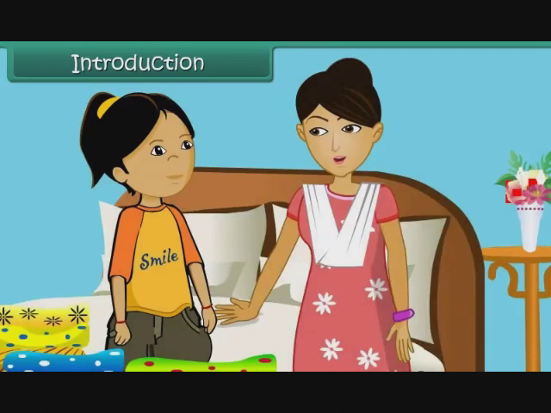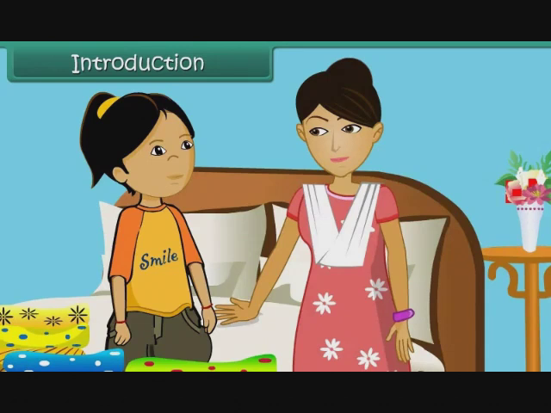What are you doing, Soumya? Mom, I am separating out my clothes according to their colors. But why, Soumya? Mom, I want to find out the number of green, red, blue and yellow dresses that I have. Who asked you to do this exercise, Soumya? My maths teacher has given me this task. She is teaching us data handling.